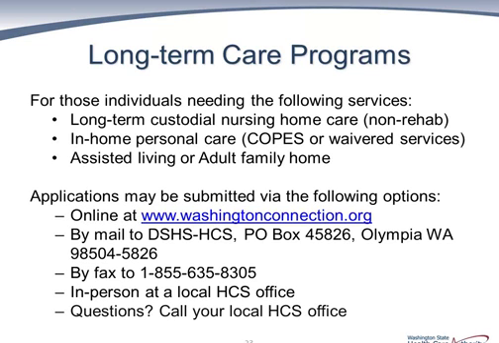If you're mailing in the 18005, you send it to the DSHS HCS Community Services Hub, and then we can get those imaged directly to our HCS offices. And so there's different information up there. You would drop that off in person at an HCS office. You'd fax it to our HCS toll-free line. If you have questions, contact your HCS office, or again, you can still apply through Washington Connection. We'll accept applications that way as well.